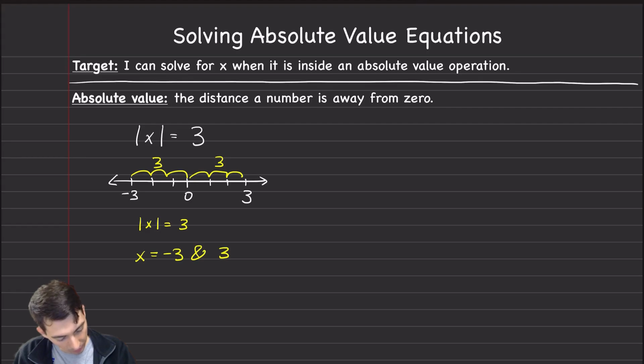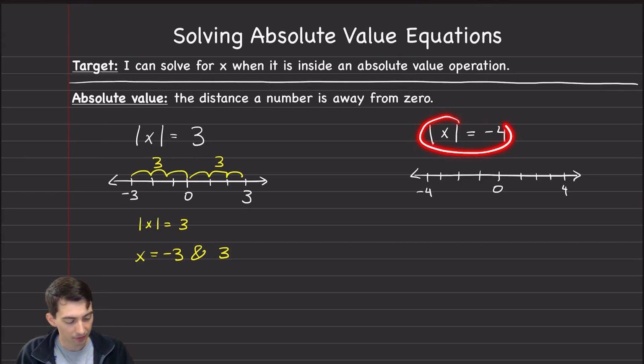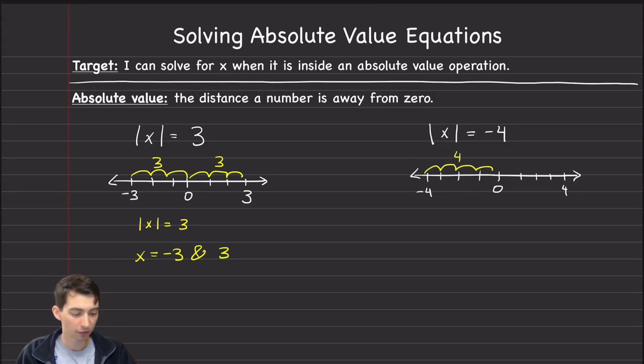Another case that we could look at is, if we have the absolute value of x is equal to negative 4, okay? So if we draw a number line, we've got 0, and we go 1, 2, 3, 4, and 1, 2, 3, 4, okay? We're saying here that the distance x is away from 0 is negative 4 spaces. But if we were counting, we would go 1, 2, 3, 4. That's positive 4 spaces. And 1, 2, 3, 4, that's also positive 4 spaces. Okay? So what we say is that this has no